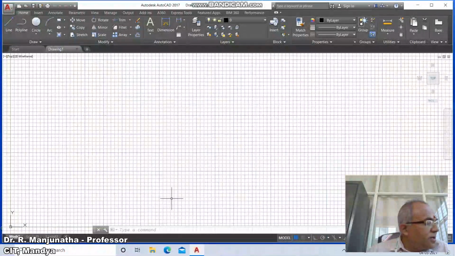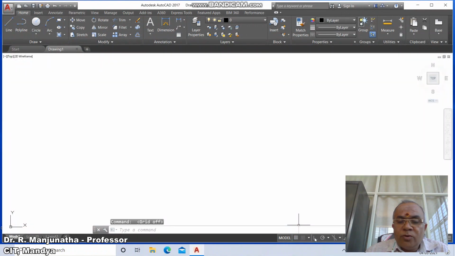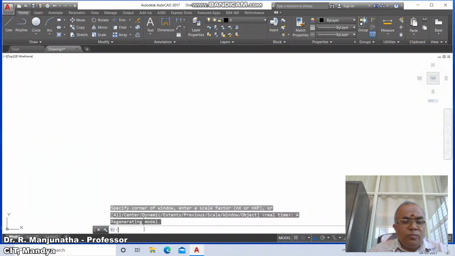To solve the projections of solids using AutoCAD software, first we go to the AutoCAD screen, switch off the grid mode and switch on the ortho mode. Command is limits. Go to lower left corner 0, 0, upper right corner 297, 210, then zoom all, then go